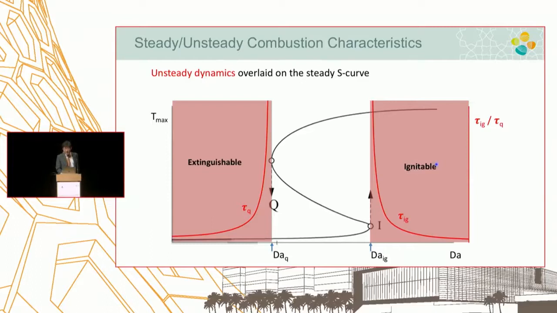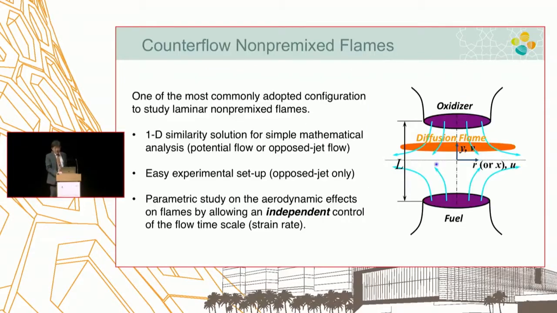So this system, every system, no matter how complex you have, locally the chemical system is a balance between reaction and residence time, which is given by the fluid dynamics and transport. And that ratio between the two, Damkohler number, is the single most important thing to determine your state of the combustion. And so counterflow is an excellent example in a way that, other than the obvious fact that you can reduce the mathematics into a 1D system, which is a lot easier to compute, I would like to emphasize that you can independently control